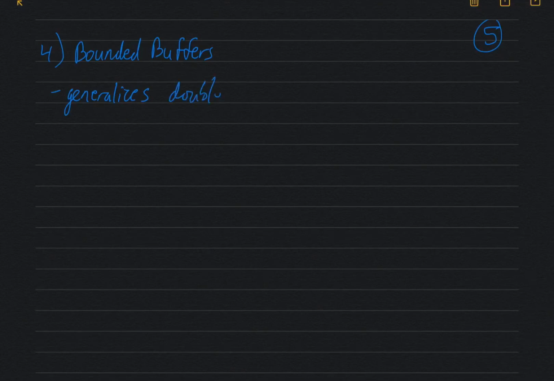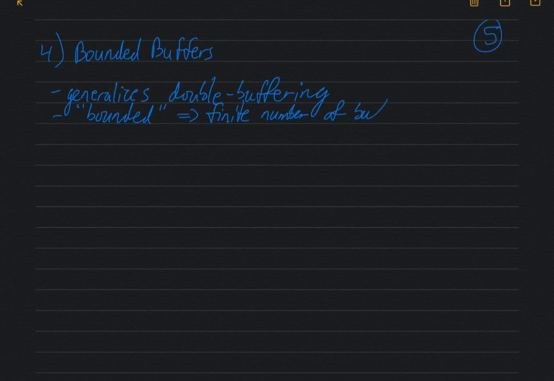Okay, page 5 of the communication notes, section 4, and we are going to talk about bounded buffers. And this is the general solution, so it generalizes double buffering to any number of buffers. And it's called bounded because there are a finite number of buffers,